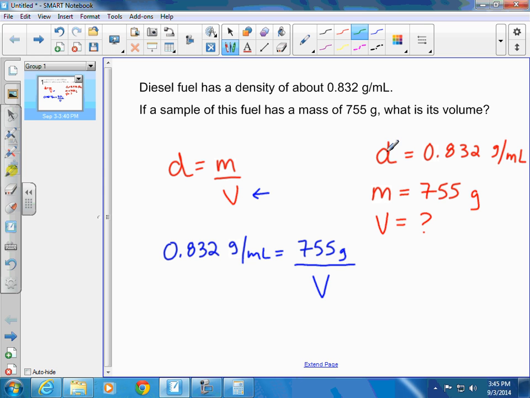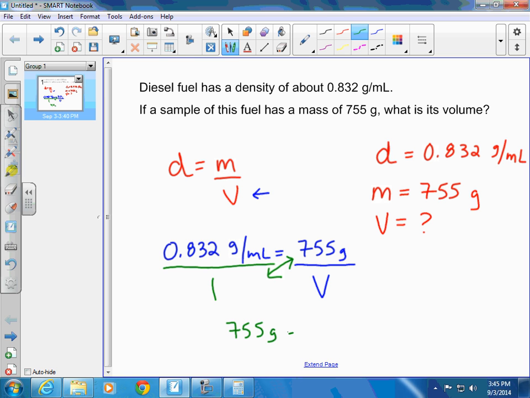Now, how are we going to solve for v? I would recommend in this instance cross multiplying. When you have this situation, you can take the density and put it over 1. This means the same thing as just writing 0.832. Now you have two fractions that are equal to one another. So we can cross multiply and say 1 times 755, which is still just 755 grams,